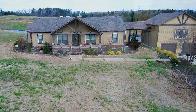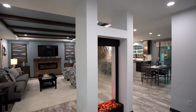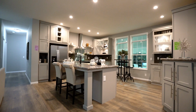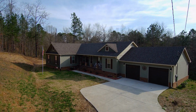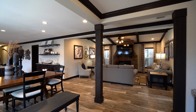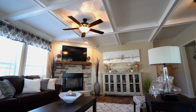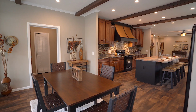Manufactured home builders know that life's all about choices, and the more choices a customer has, the better. That's why we offer such a wide range of customizable options for our new factory-built homes. If you're looking for an open floor plan with plenty of room for entertaining, we can make that happen. In search of vaulted ceilings, a soaking tub, or have your heart set on recessed lighting, we can do that